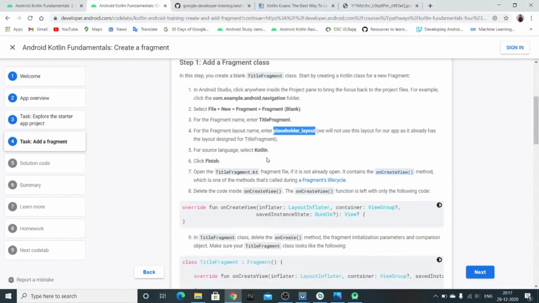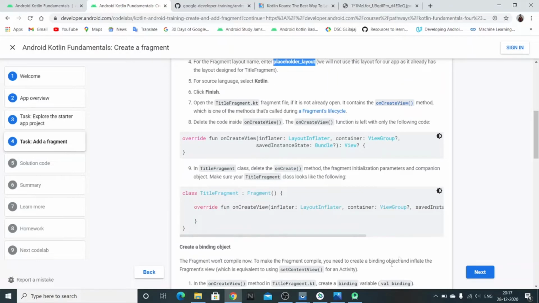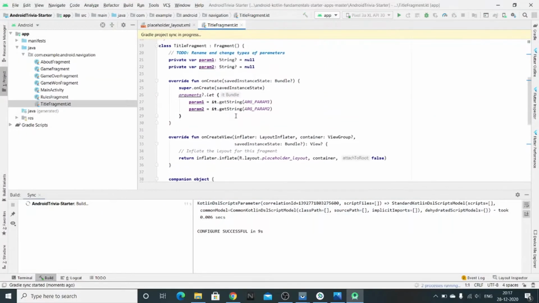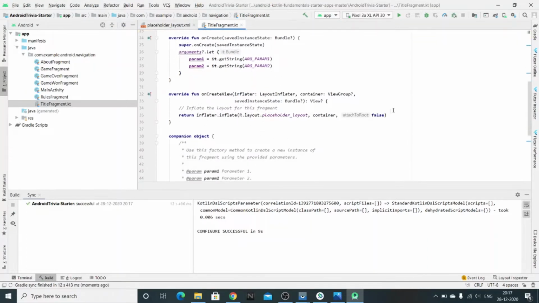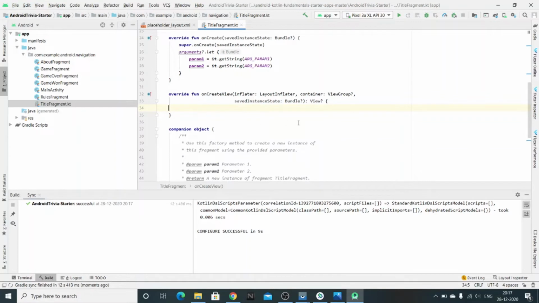Now let's follow the code lab. It says that we first need to delete all the code in onCreateView that is generated while creating the fragment. Here we have onCreateView. Just delete this return statement. An error will occur, but for now let us ignore that error.